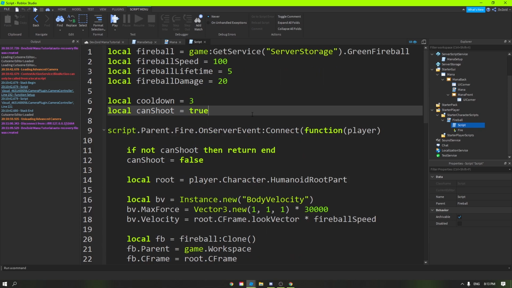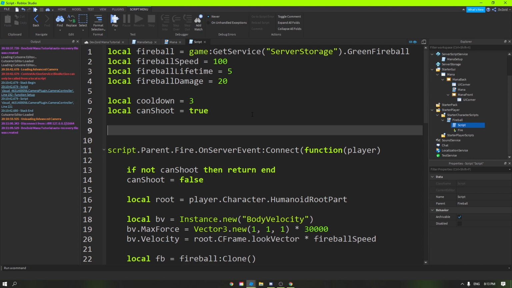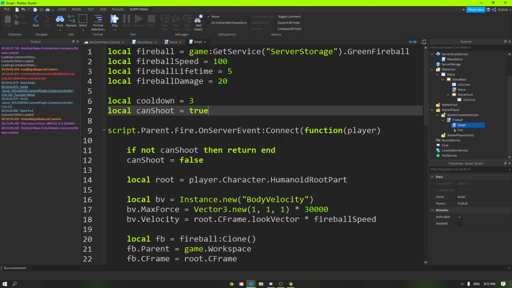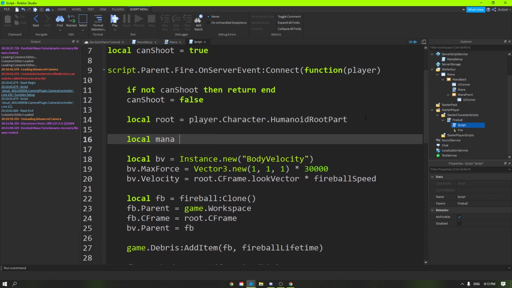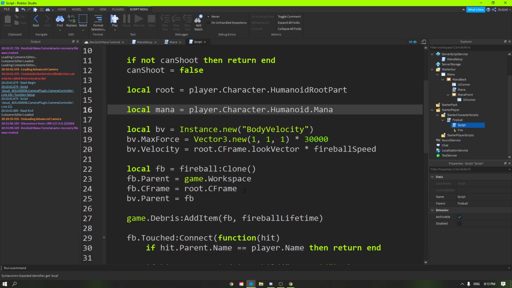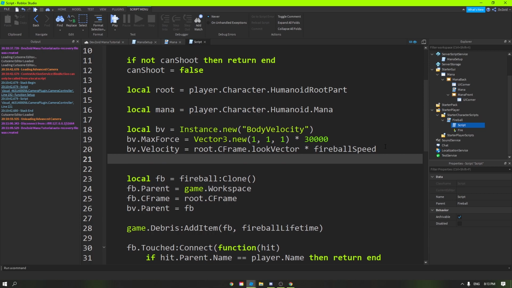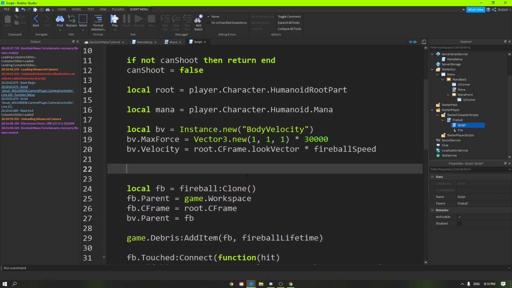So this is where I need to take away mana from the player. So the first thing I'm going to do is firstly get the player's mana. So over here we'll go local mana equals player.Character.Humanoid.Mana, and then right here after the body velocity is applied or created, then we'll go